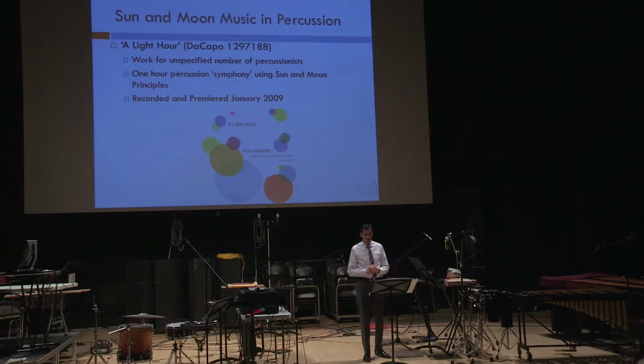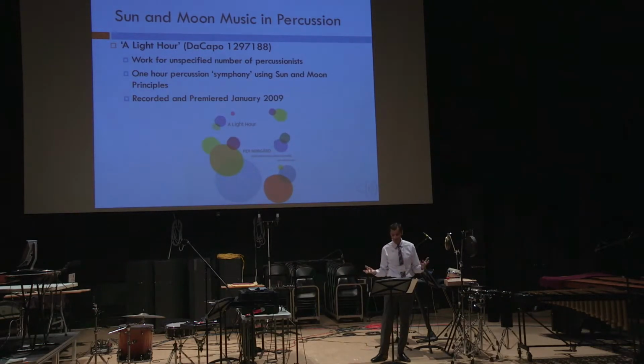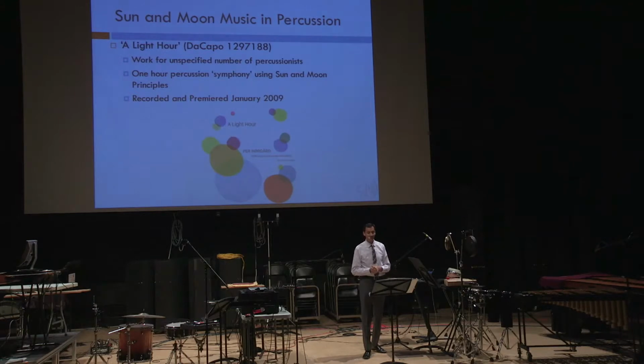Neeraj expresses this in his seminal percussion ensemble work, In Listima, A Light Hour, which was premiered and recorded in 2009. The work is in 4 parts, each approximately 15 minutes in length, and with a clear formal structure of A, B, B, A, or of course, as we know, bright, dark, dark, bright. The performers are given rhythms, dynamics, and gestural phrasing ideas, but the instrumentation is left up to the ensemble. In this work, I believe Neeraj's genius truly comes out in the sun and moon music of the piece.